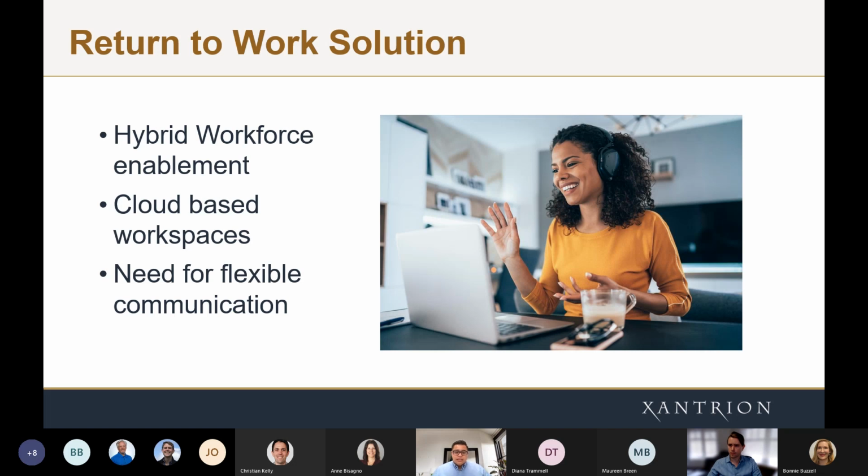How are we promoting cloud-based workspaces, right? How are we providing them access to these technology initiatives that will allow them to work remotely with users in their organization while not bringing down the effectiveness of that work? If anything, increasing their ability to actually work better with their colleagues, right? Something that is very relevant and very important. And what we're talking about today, and what I think is probably one of the most relevant topics in regards to a return to work solution, is this very, very deep need for flexible communication.